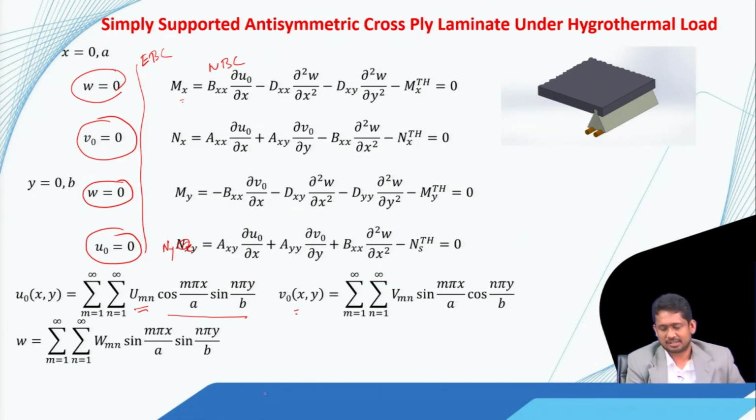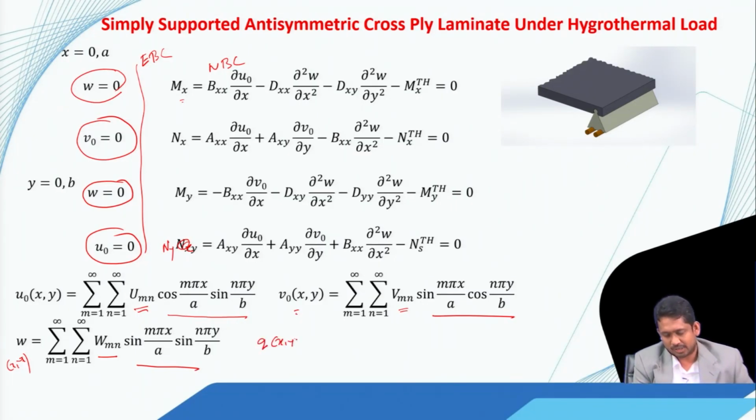Similarly, V0 is summation m equal to 1 to infinity, n equal to 1 to infinity, capital Vmn sin m pi x by a cosine n pi y by b, and W, which is also a function of x y, is summation m equal to 1 to infinity, n equal to 1 to infinity, Wmn sin m pi x by a sin n pi y by b,